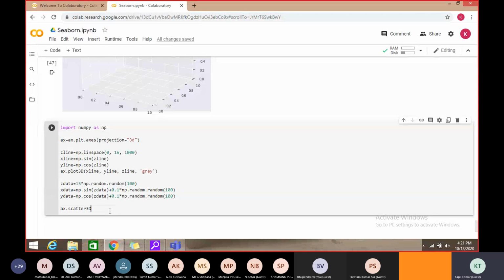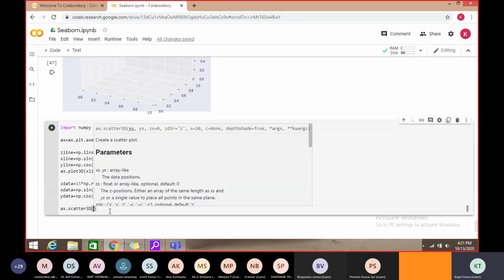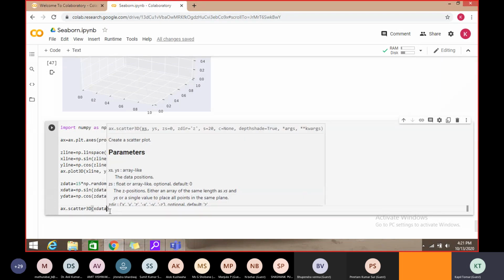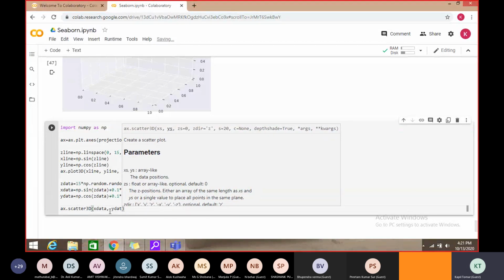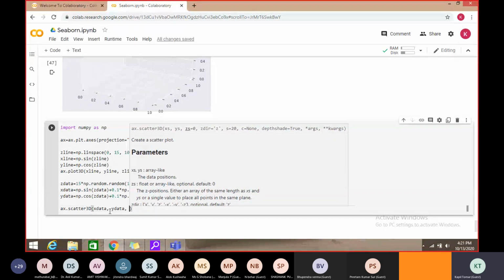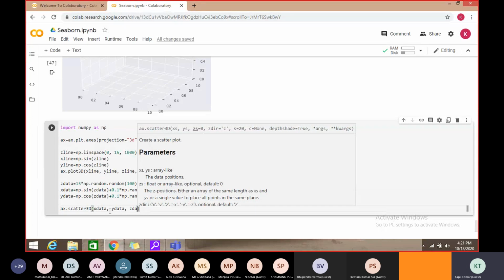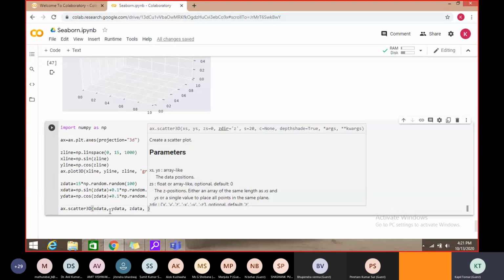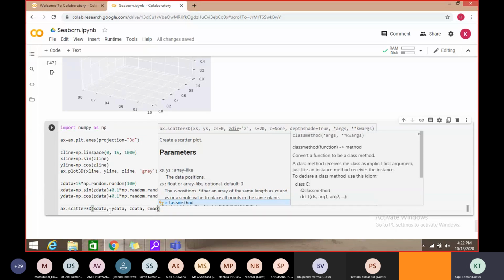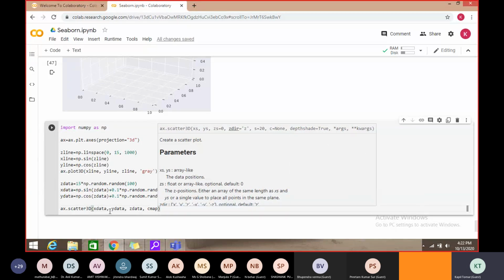And I have to pass three values: x data, y data, and z data, and one we can say color map. So color scheme is